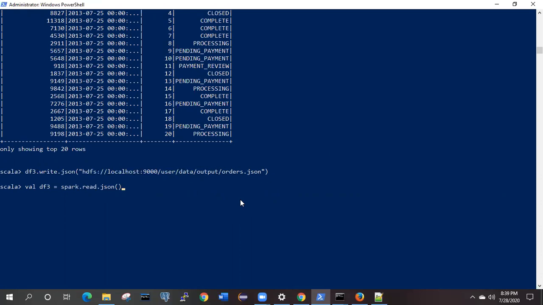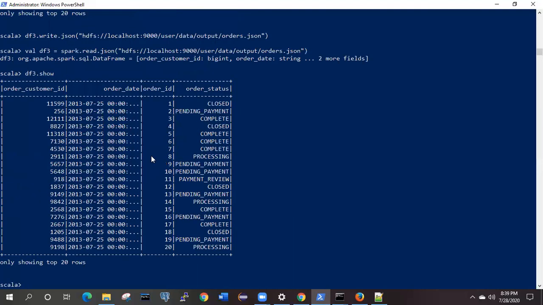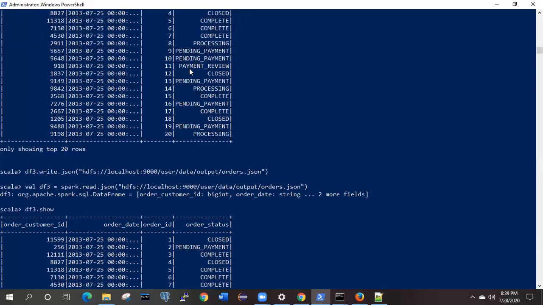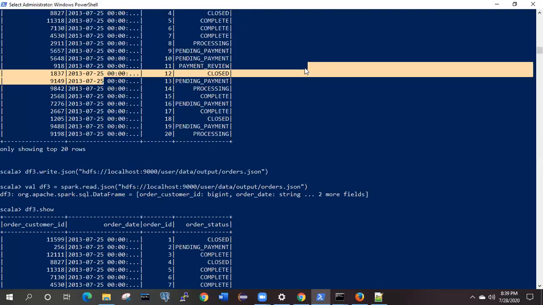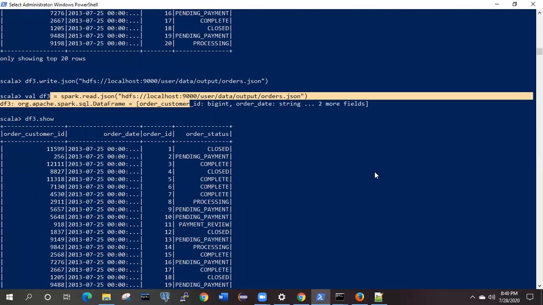Just enter, then df3.show. So see, same data is written over here. Whatever we have written on the HDFS, the same we are able to read.